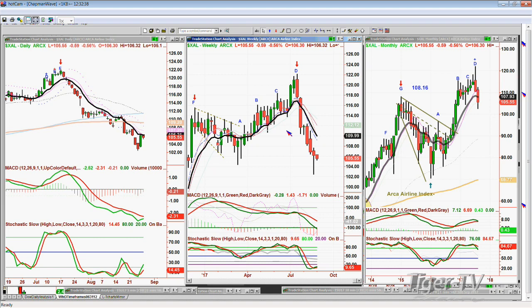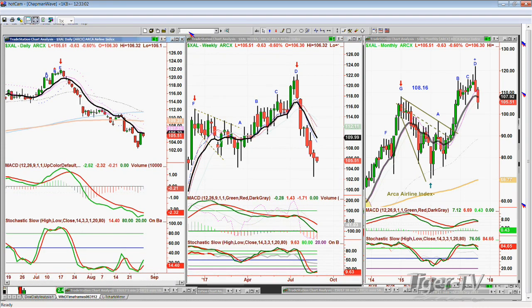And I've been talking about this for a while. I've been saying something's wrong with the transport sector, airline segment, because it just plummeted from the 122 level to the 102s, 20 points, 10%, when things should be quite superb with oil so low. So something's going wrong. So IYT, as I said, is that one area. So you've got